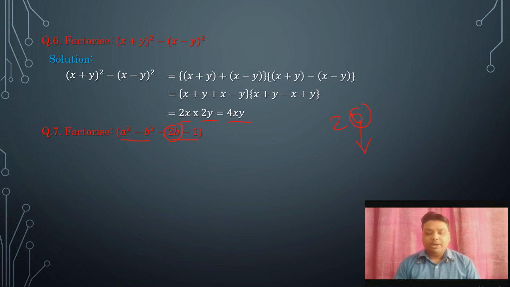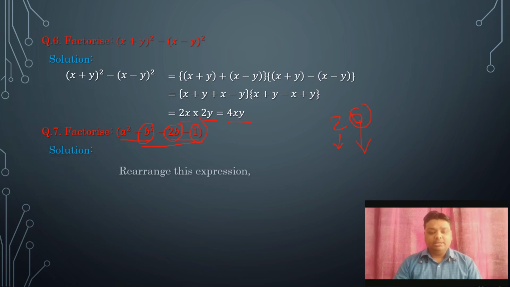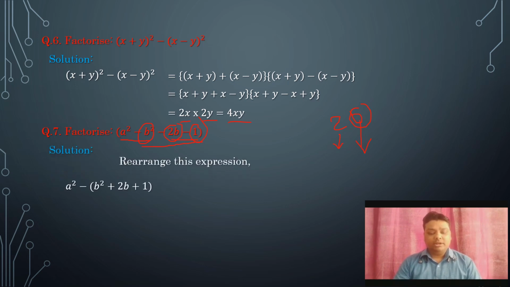Now separate all the b value numbers. It means a we cannot take. Here it is the number, constant term, and here b. So we will see only those terms which contain the variable b and which contain the constant term only. Okay. So it will be what? It will be b square, 2b and 1. This one. But we cannot take a square. So we can separate b square minus 2b minus 1 in the bracket. Like this, rearrange this expression we can write. It means a square we can keep out. Then minus sign is outside here. So minus we can keep here.